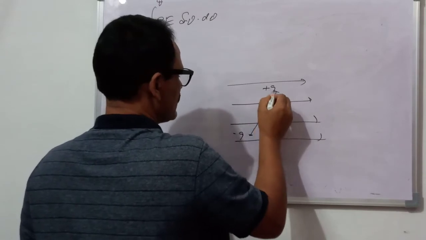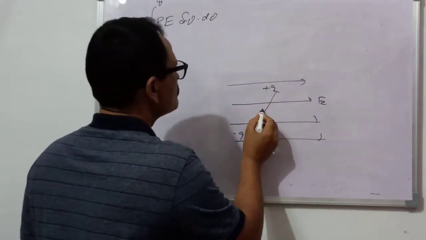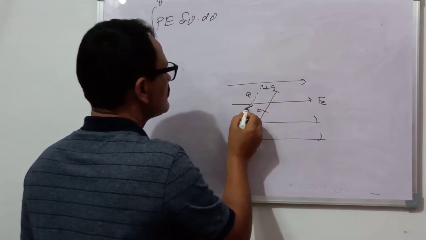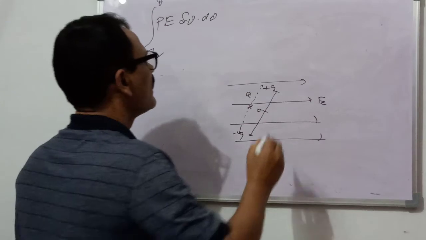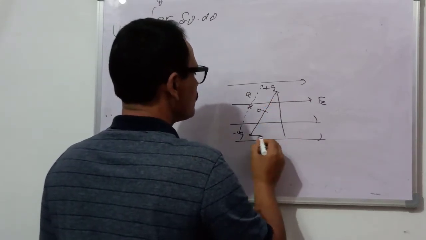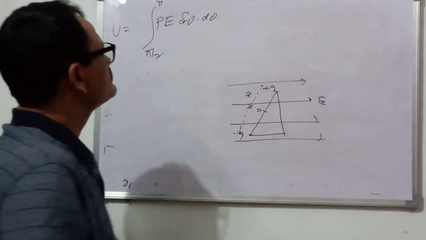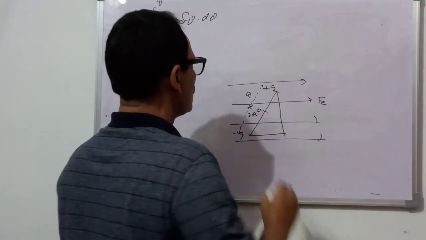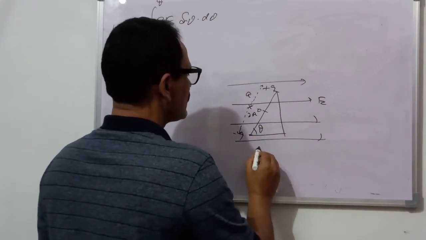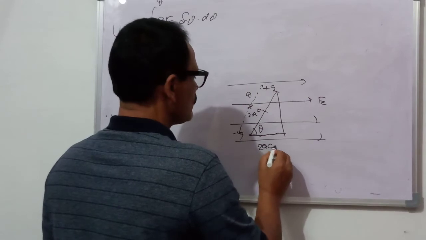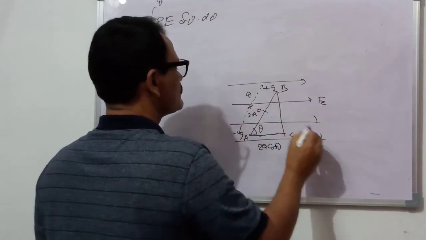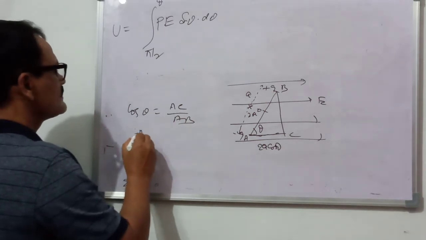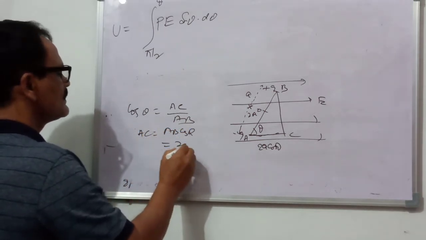This is minus q charge, this is plus q charge, this is the electric field, and this is the midpoint, so this is A, this is also A, and this is 2A, and this angle is theta, and this distance is 2A cos theta, because suppose this is A, B, C, cos theta is base by hypotenuse, so AC is equal to AB cos theta, and this is 2A sin theta.